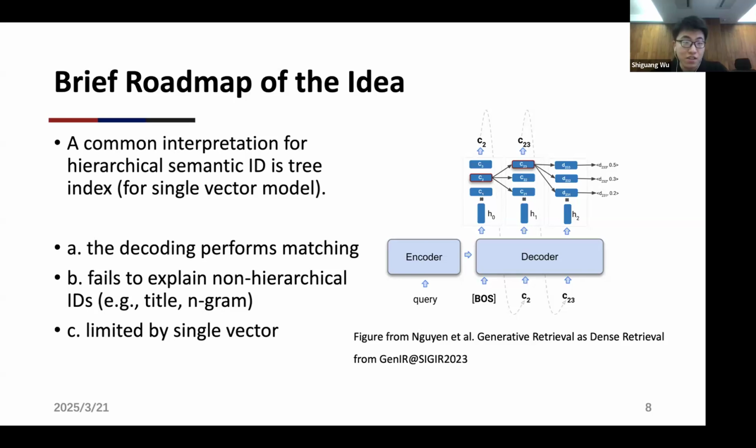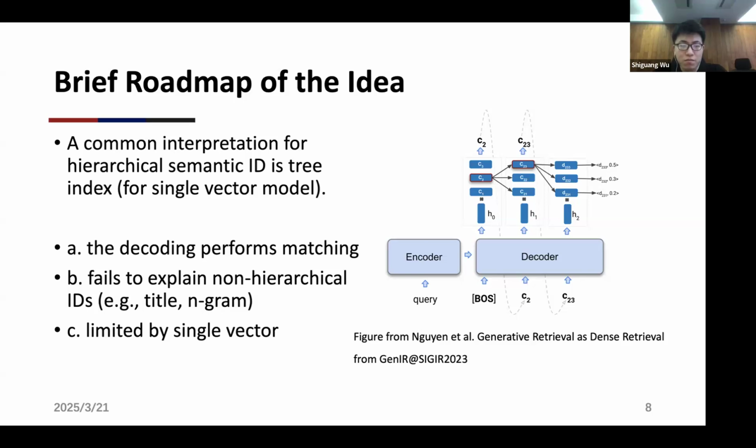So another conclusion from their paper is that a GR model using hierarchical semantic ID is actually the same as a tree index for a single vector model. So they're actually doing a very rough discussion about this relationship, and this picture is also from their paper, and